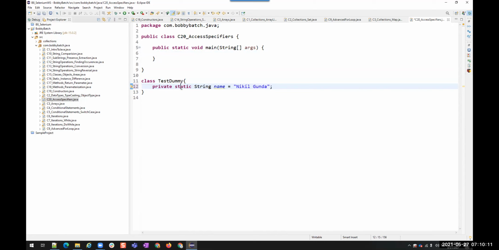Here I'm marking it as static because in the static area, if I want to use it, I can directly use it. But anyway, this will not be visible in this. I'll show you. And default static String session is equals to...